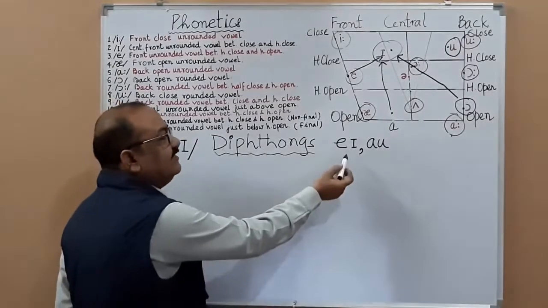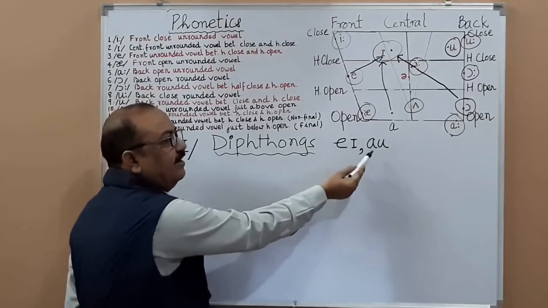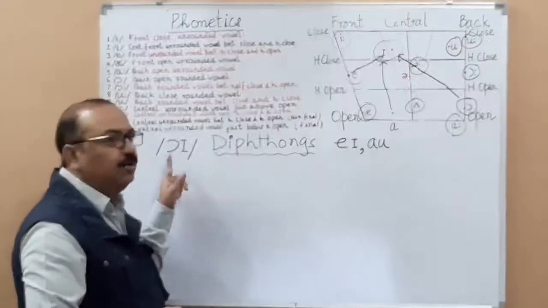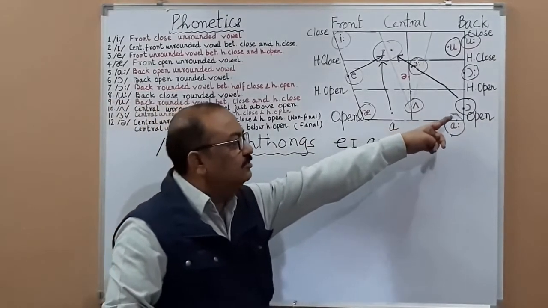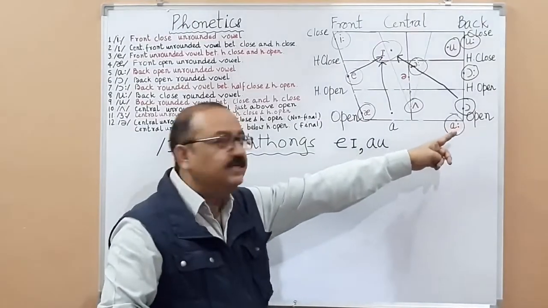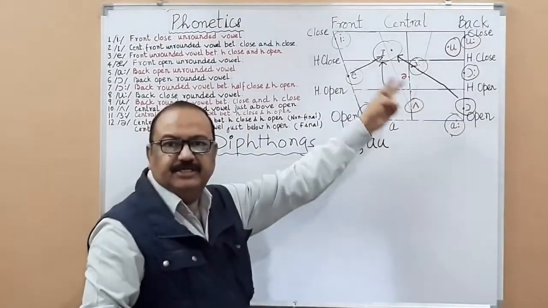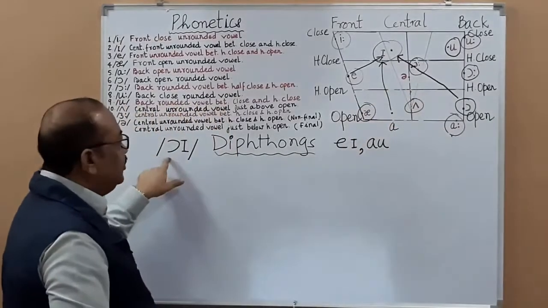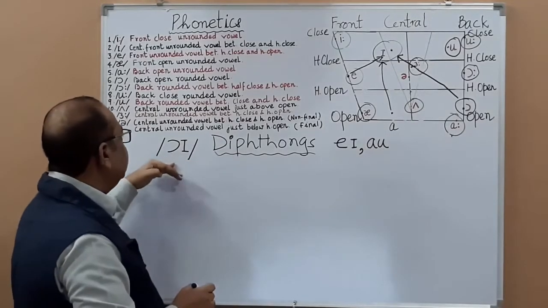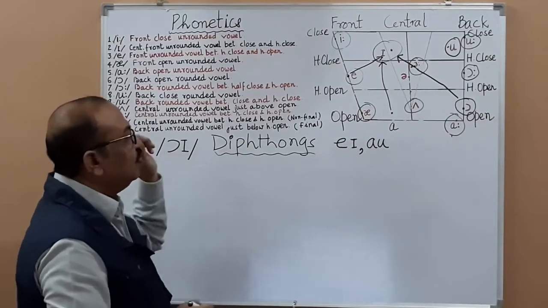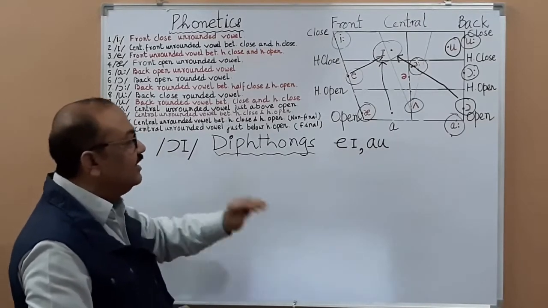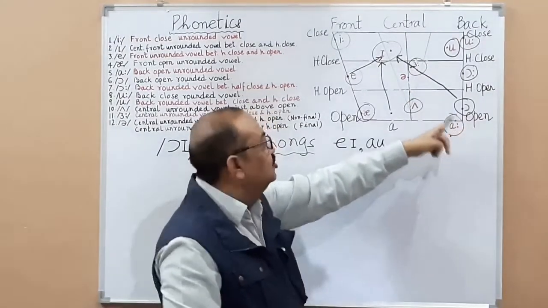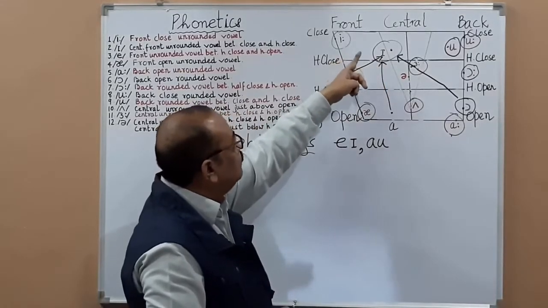Yes, after having discussed the two diphthongs A, E, A, U, we move on to the third one, which is O, E. O, the vowel sound occurs over there, the symbol occurs there, and E is here. So it is a fusion of these two vowel sounds, these two symbols. So what do we say as far as three-term description is concerned? We may say that this diphthong OE is a glide from that open rounded vowel to the centralized front